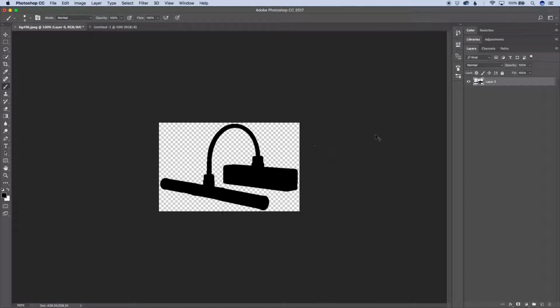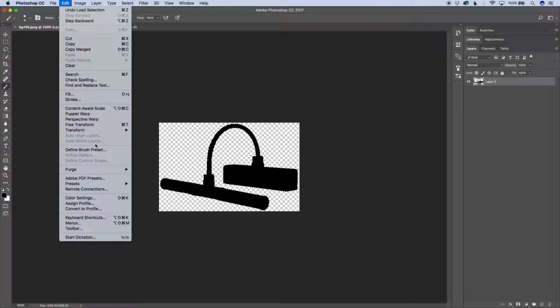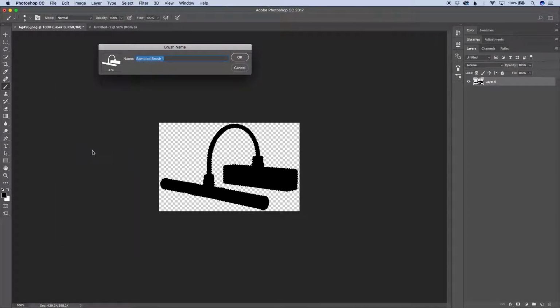I'm going to hold my Command key down and go over to Layer 0 and select the black object. By Command-clicking, it selects all the pixels that are visible and not the transparent layer behind it. From there, I'm going to go to Edit and Define Brush Preset. And I'm going to call this one Lamp